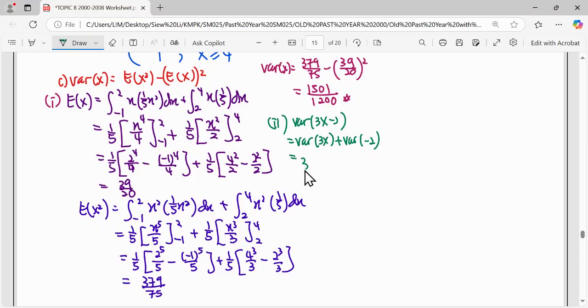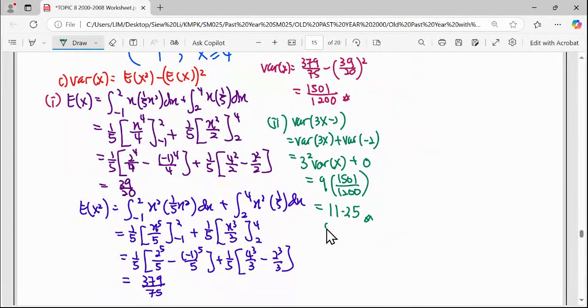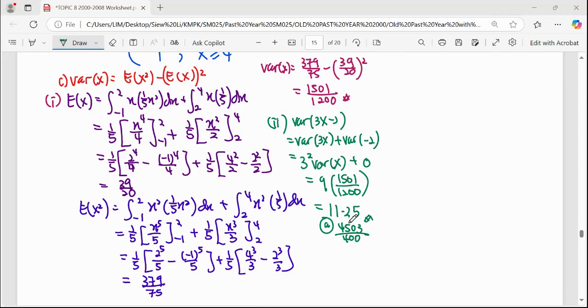So 3 we factorize out 3 square variance, and this one we using properties, and variance to a constant, still constant, still, so 9 times variance, we have 11.25. Or you want to put in fraction also can, so decimal or fraction. Then we continue